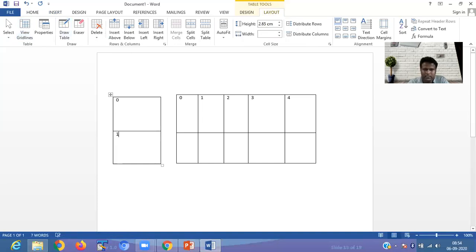Column wise it starts with 0, 1, 2, 3, 4. The first position is 0 0. The second position is 0 row, 1 column. Then 0 row, 2 column. 0 row, 3 column. 0 row, 4 column.